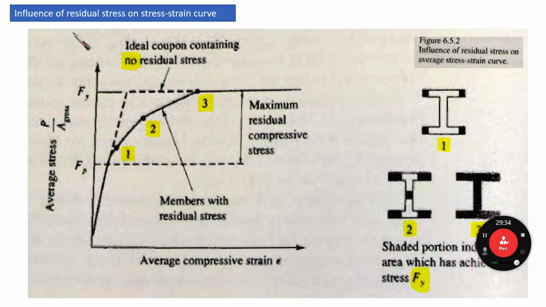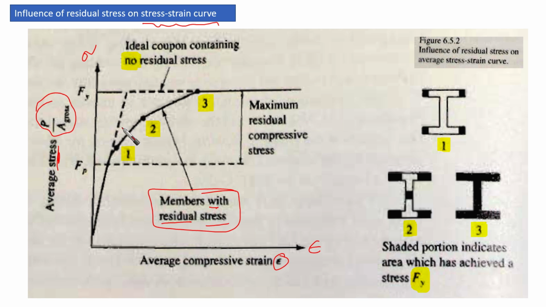Now this is the influence of residual stress on the stress-strain curve in general, to see how it will affect our stress-strain curve. Here we have the average compressive strain, and here the average stress, which is P over the gross area of the cross-section. The solid line gives us members with residual stress, which is the actual stress-strain curve. But the dotted line gives us the ideal coupon